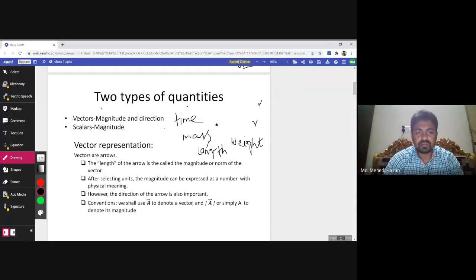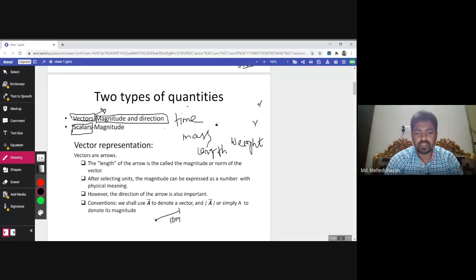First is vectors, and second is scalar quantities. So vector quantities need to explain magnitude and direction. Magnitude and direction are important here. Say, for example, a student asks anyone where the library of BRAC University or particularly the canteen is, then you have to just answer, say, 10 meters away from that person, 10 meters away, but